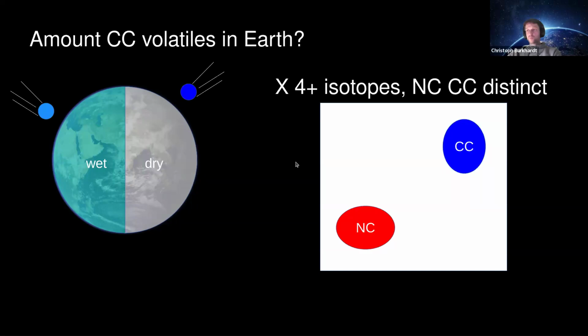this element shows an isotopic dichotomy between NC and CC materials, and then we can see where Earth plots with respect to the NC and CC field, because if Earth plots in the CC field, that means all of Earth's volatiles come from the addition of CC materials to an initially dry proto-Earth. If Earth is in between, it means there were some volatiles that come from the NC reservoir and some from the CC. And if Earth is only in the NC reservoir, that means there was basically a wet accretion from inner solar system material, and whatever came from outside did not bring many volatiles that it matters.